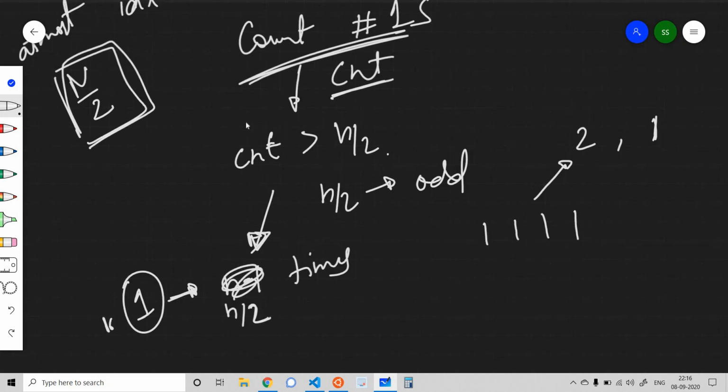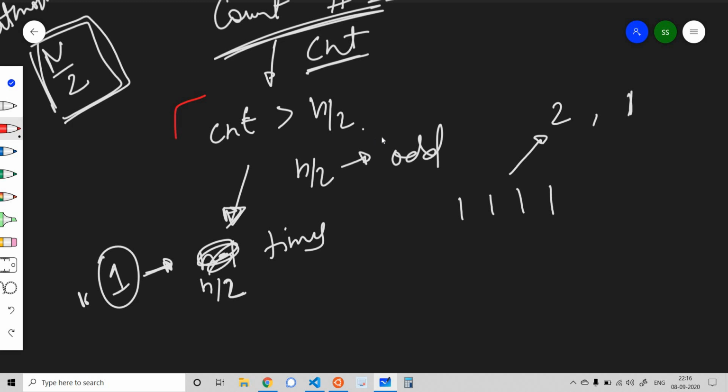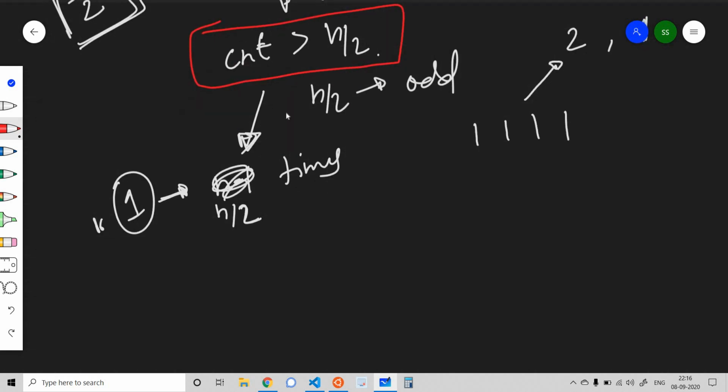So if count, the number of ones in our array, is greater than n by 2, and n by 2 is odd, then after printing n by 2 ones, we will print another 1.